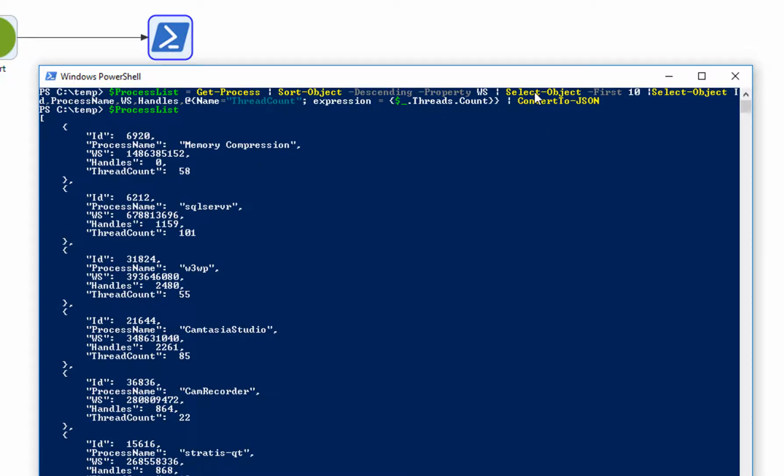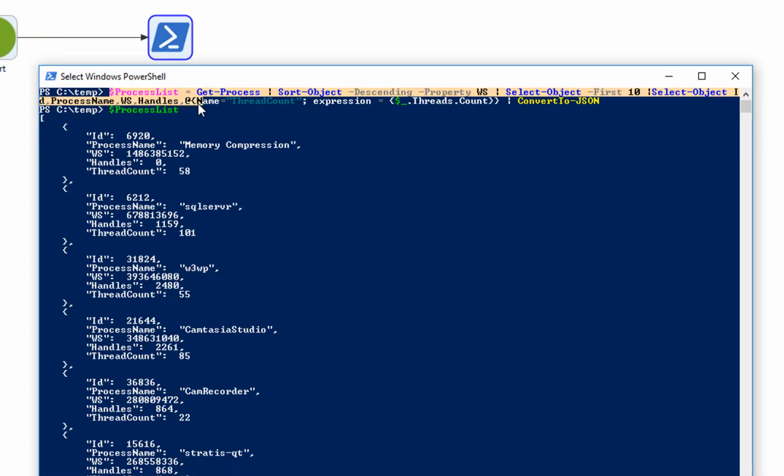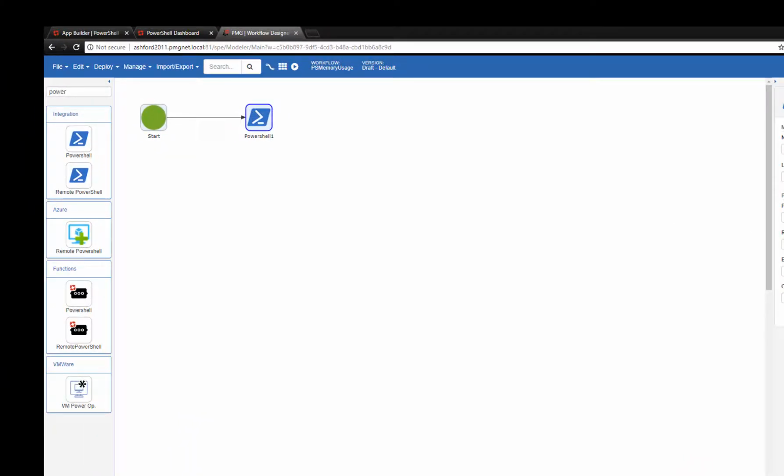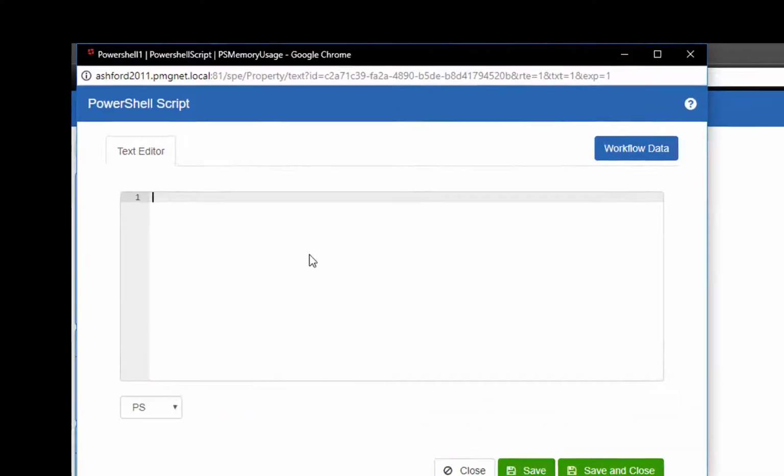So now you might say, okay, I have this information and I'm ready to use it, and I'd like to generate a report that contains, say, the process ID, the process name, and show them the working set of memory and perhaps the thread count of the processes as well. So I'll take this script that I have in my PowerShell, copy it into the PowerShell script action that I want to run,